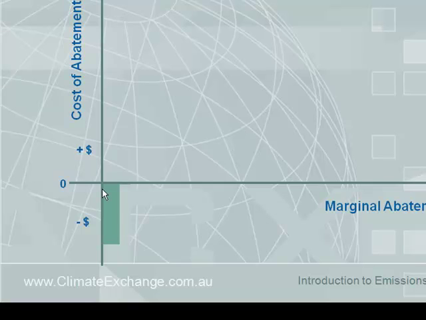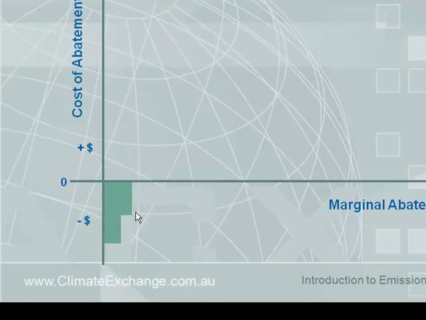Then the next marginal piece of abatement along this continuum is done at a slightly lower saving, so a lower negative cost of carbon,